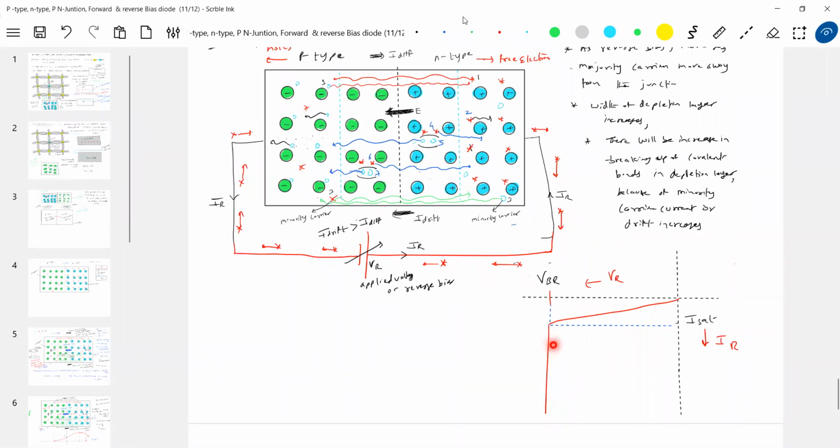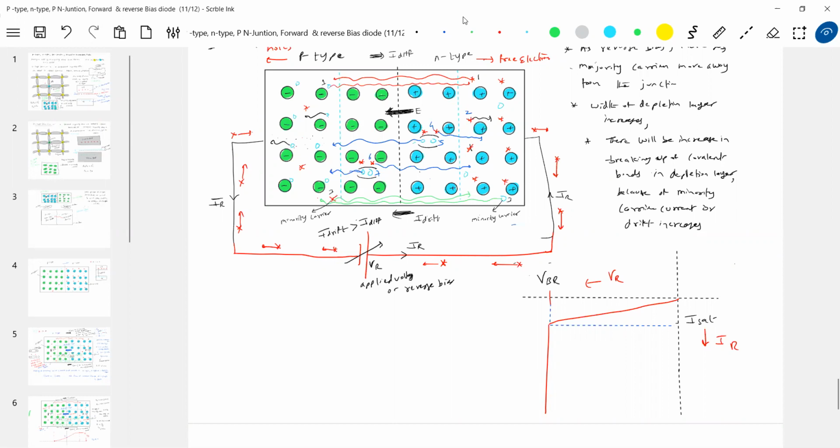And the diode, if it is not designed properly, will burn out. Ordinary diodes will get damaged. What do I mean by damage? You'll get smoke, it'll become ash. A large amount of heat will be generated and it'll get damaged here. This is called a breakdown. So what is that breakdown phenomenon? How does it occur? That is what we have to explain here.